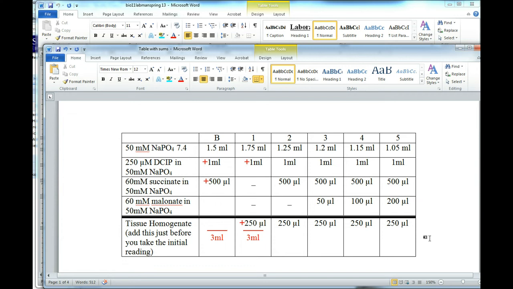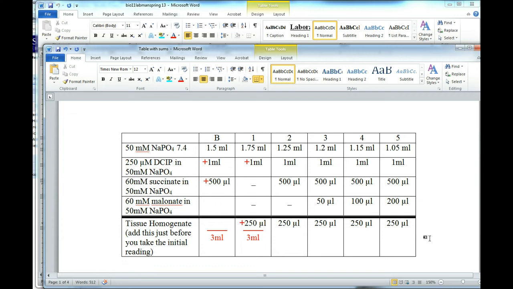But when you write methods for this manuscript, and really that's what your lab report is, it's a scientific manuscript, you write it so the focus is not on exactly how the reaction fit in your cuvettes, but on the relationship between the molecules. Now, I showed you in lab how we used the M1V1 equals M2V2 equation to show